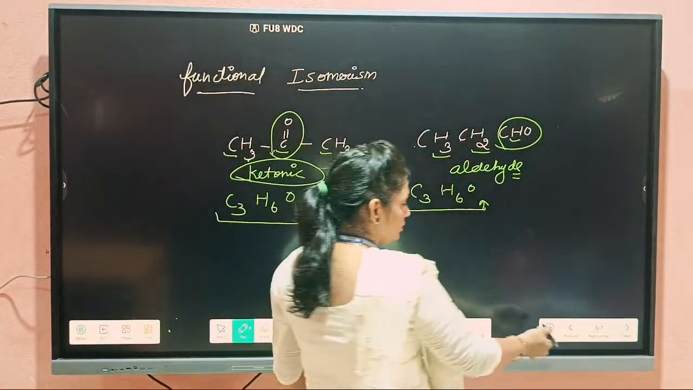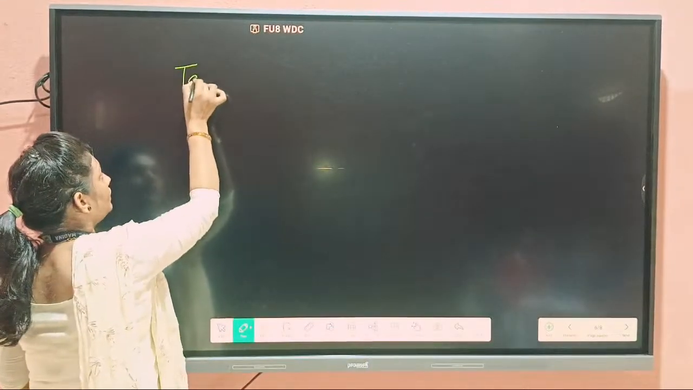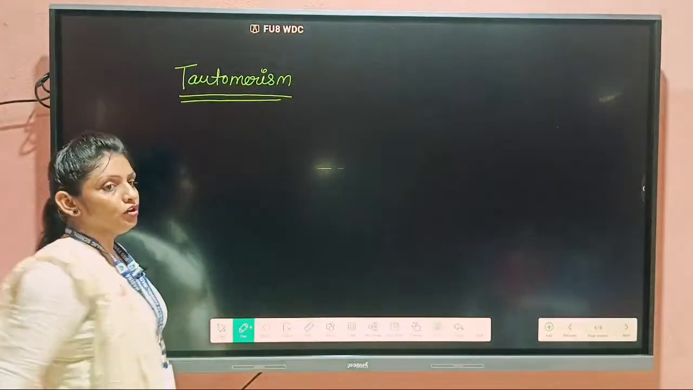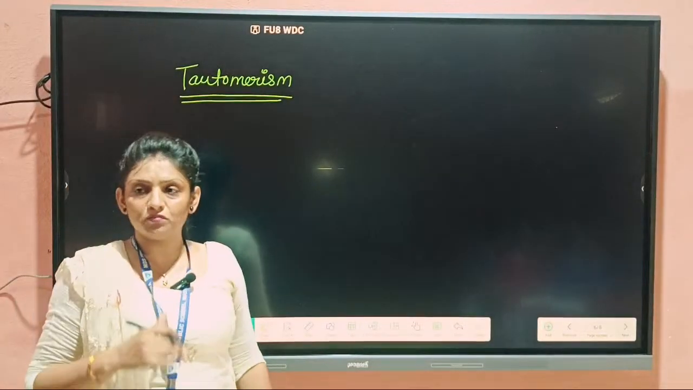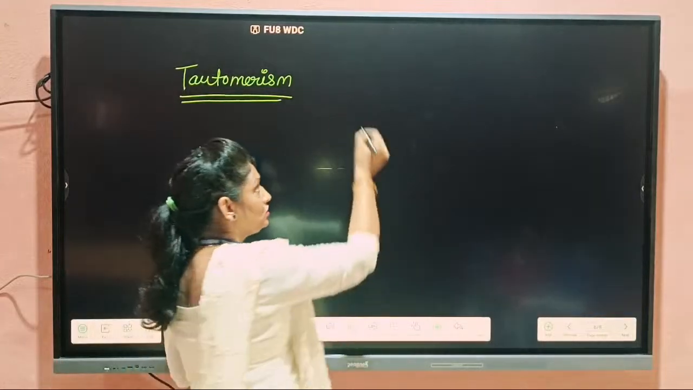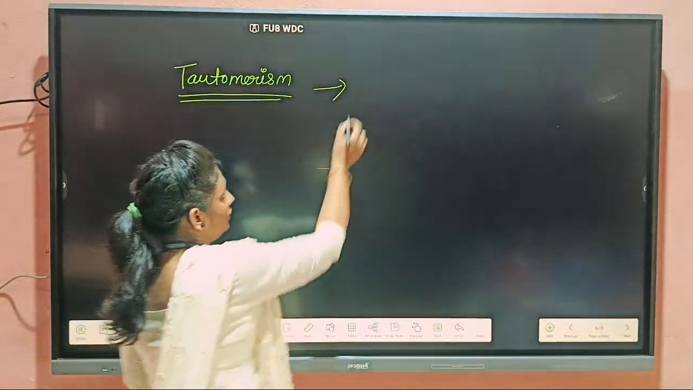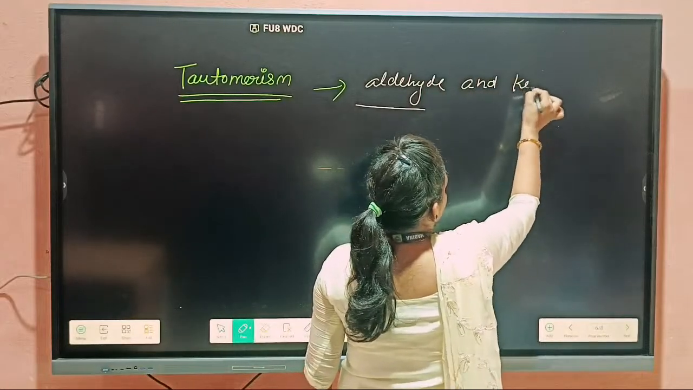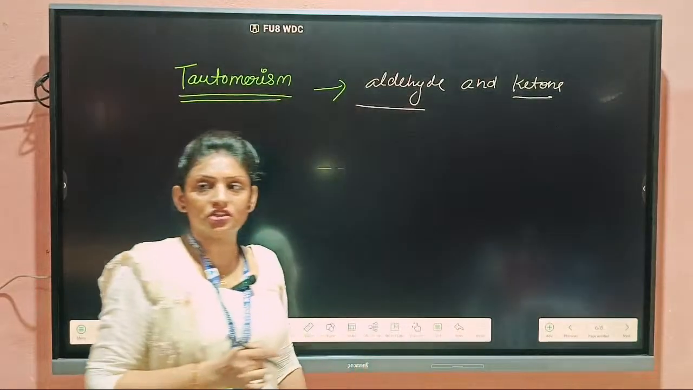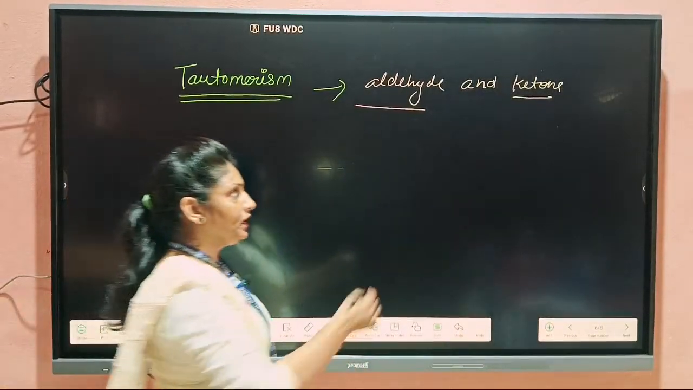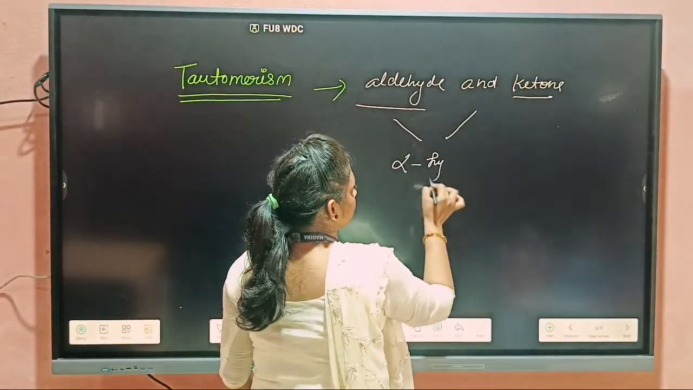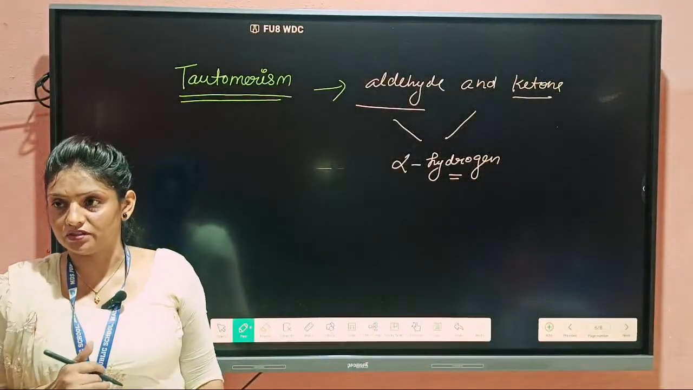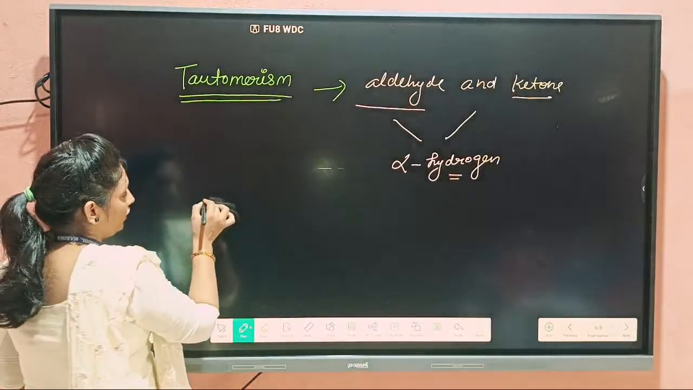Yes. Next isomer is, students, tautomerism. In case of tautomerism, it is the most important isomerism. Both aldehyde and ketone show tautomerism. But what is the condition here? There must be an alpha hydrogen, because here either methyl shifting or hydride shifting takes place. Clear or not? So students, if we have it like this,